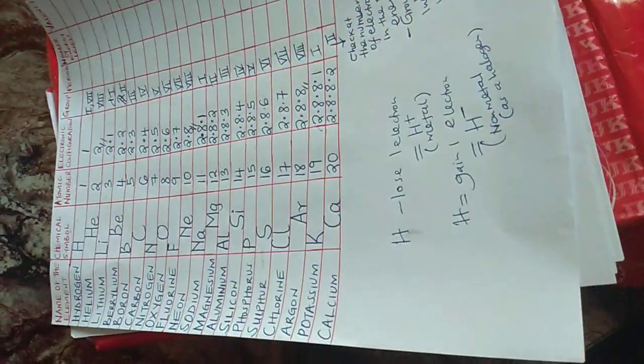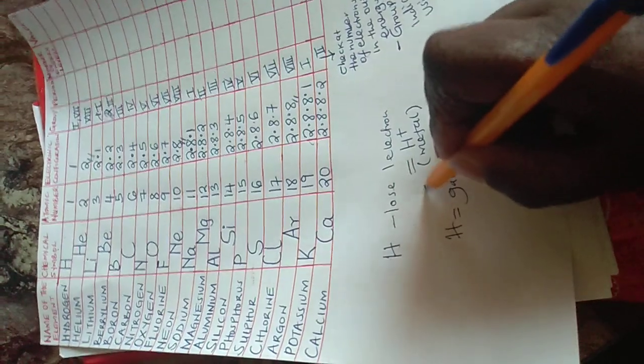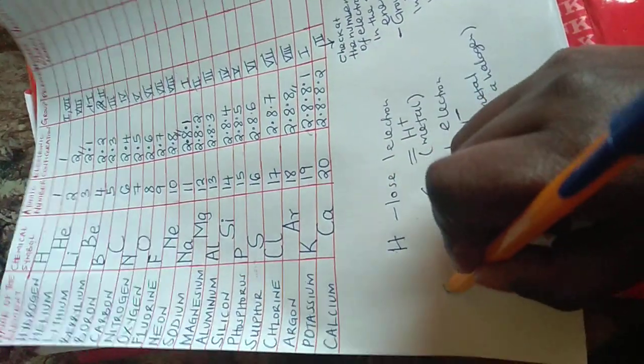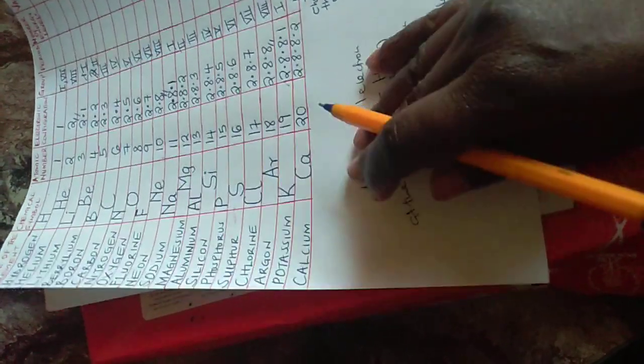Maybe tunapoendelea huko mbele tutakuwa tunaelezea, but when it behaves as a metal huwa inaandikwa at the left. It is written on the left side of the formula,